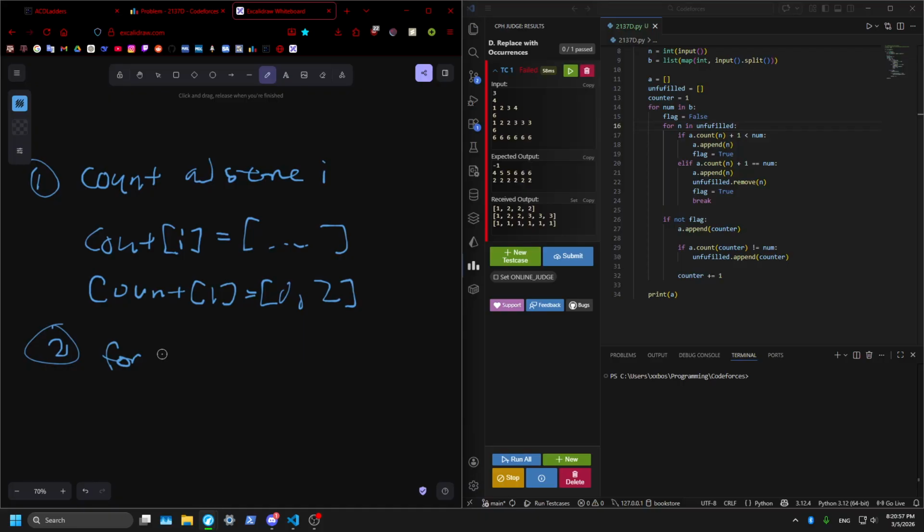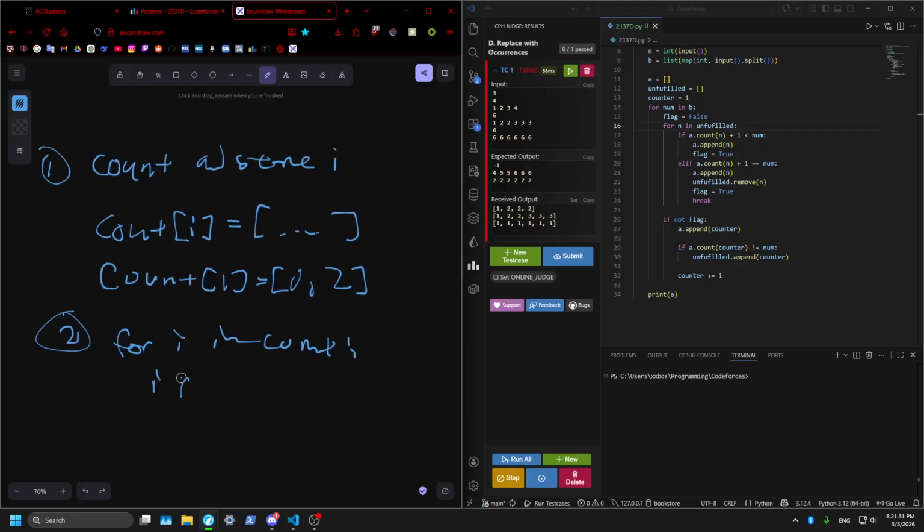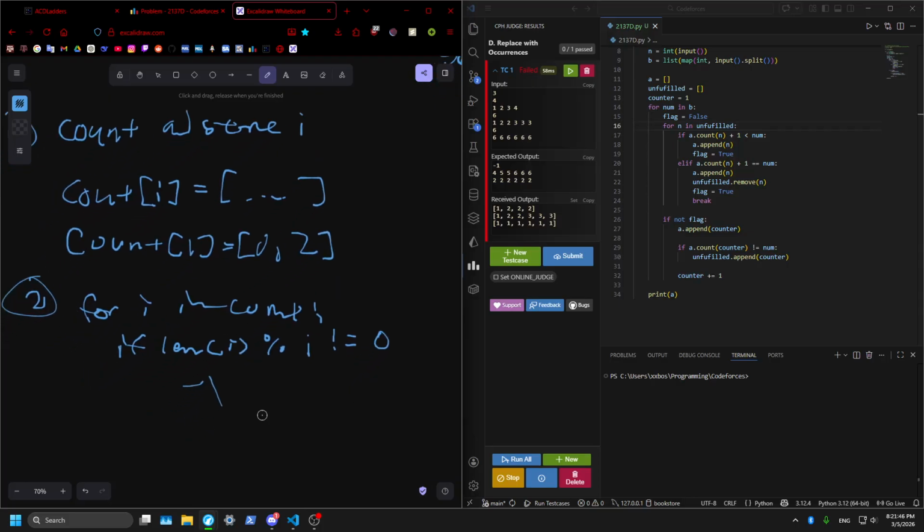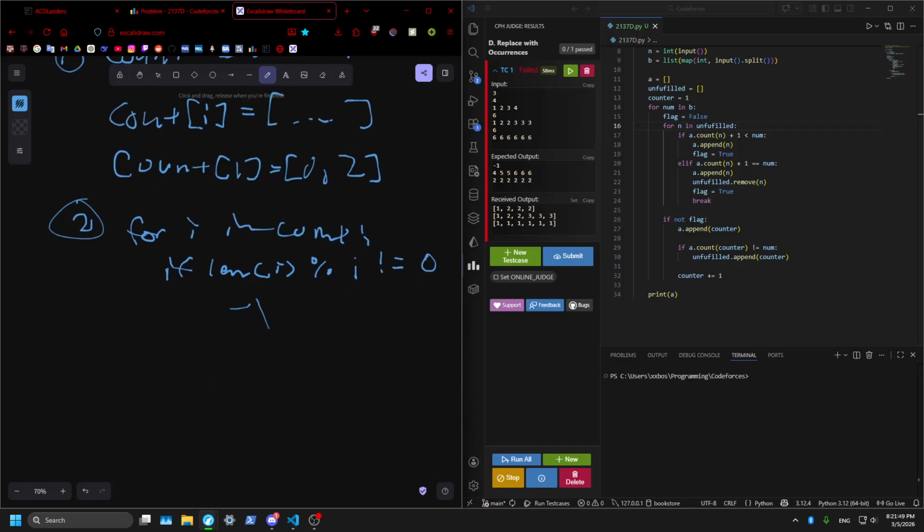So for I in count, if len I mod I is not equal to 0, return -1, and then step 3,